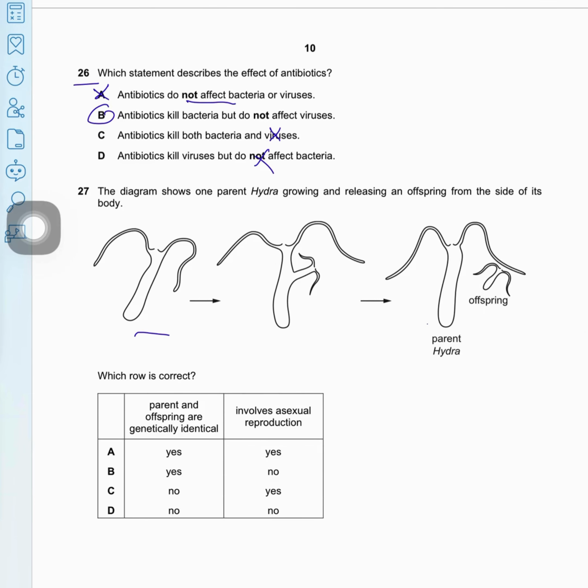Diagram shows a parent hydra growing and releasing an offspring from the side of its body. This is a type of asexual reproduction. So in asexual reproduction, parents and offspring are genetically identical. Yes, so my answer is A or B. C and D are wrong. Involves asexual reproduction. Yes, so my answer is